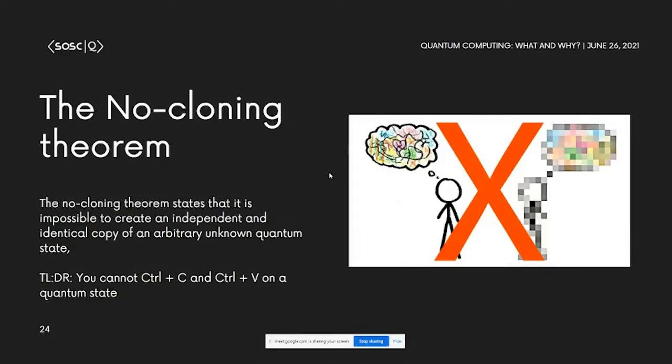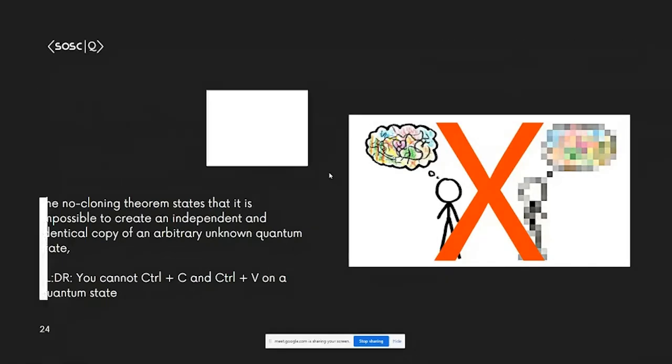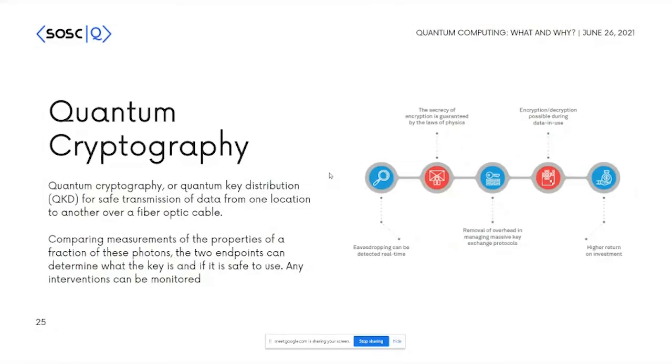Now you might say, okay, no one can copy it and you can't really see it. What's one of the good uses for this? Cryptography, right? You do not want anyone to see your stuff in cryptography, or you want to at least hide it in a very good way. So this is basically the best place for cryptography, because when you have a quantum state, if you want to send, let's say, a public key across, if someone were to tamper with it, I mean, you cannot really stop it, but at least you'll know that someone is eavesdropping on that, right? And then you can take measures. So the secrecy is really guarded using, let's say, a quantum channel.